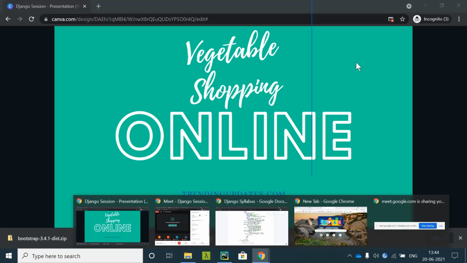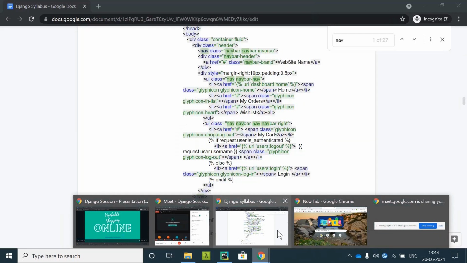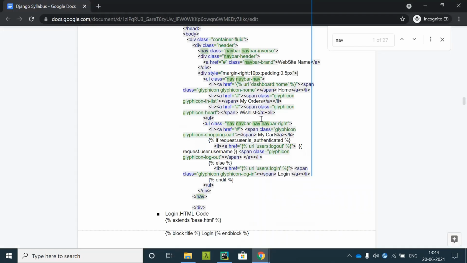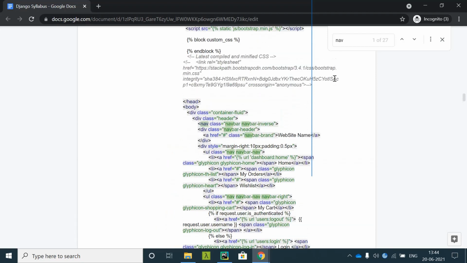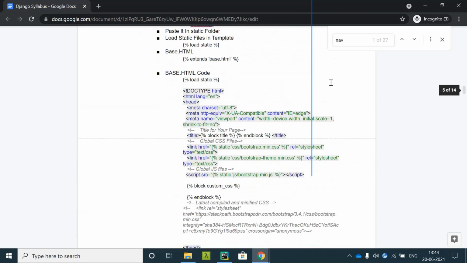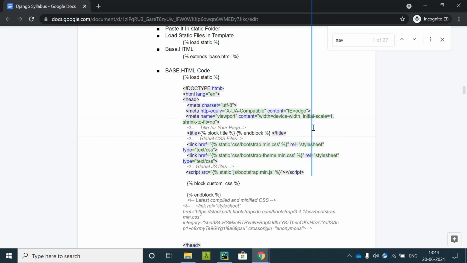For the time being, we'll see one more thing in the user interface part, that is inheritance of the template engine. How the inheritance of the template engine will work, we'll discuss with an example, that is the base.html file.